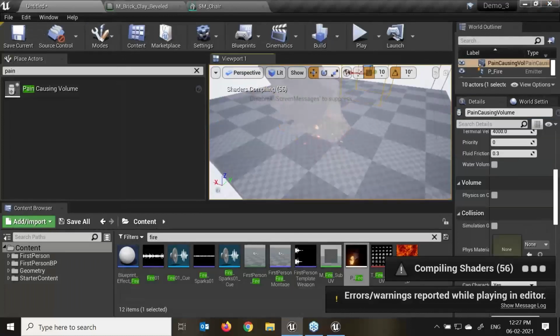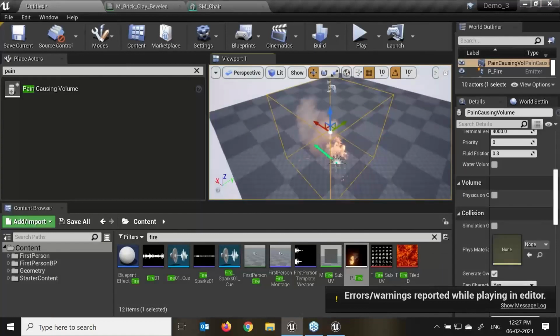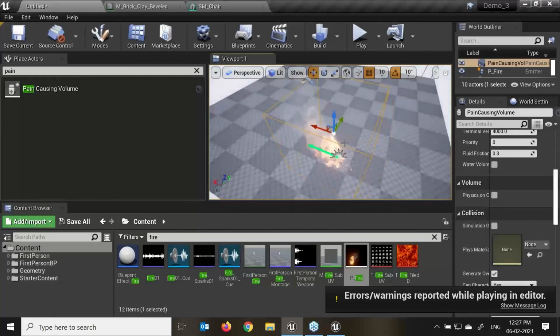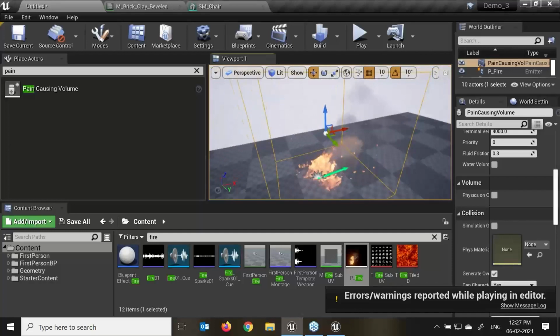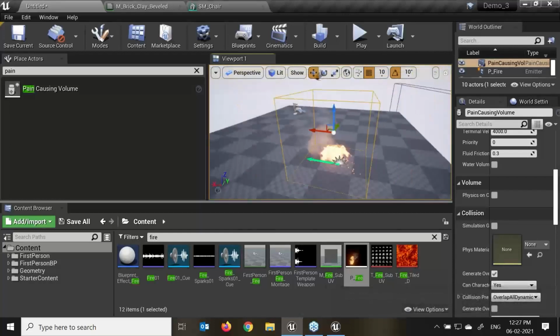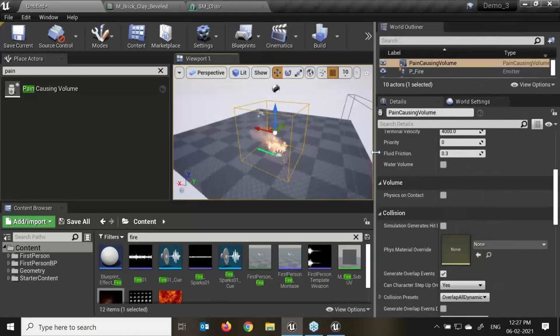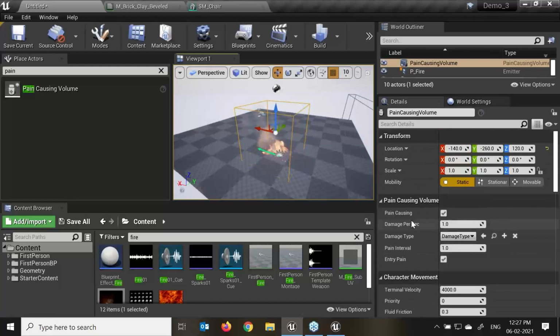So I'll select this area and put it into my fire area. Press F. This is the size. If any actor comes inside this area, he or she or the character will start to get pain, right? In the pain volume we have damage per second, how much damage per second we require. If we make this 2, then 2 points of damage per second will be applied.